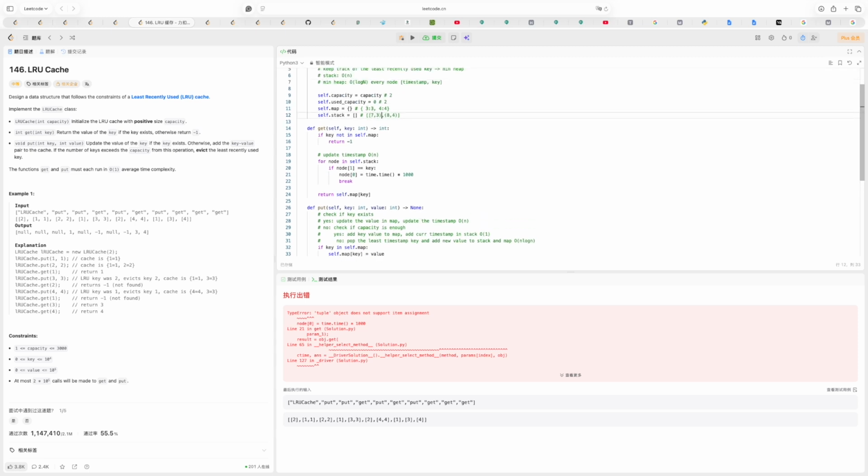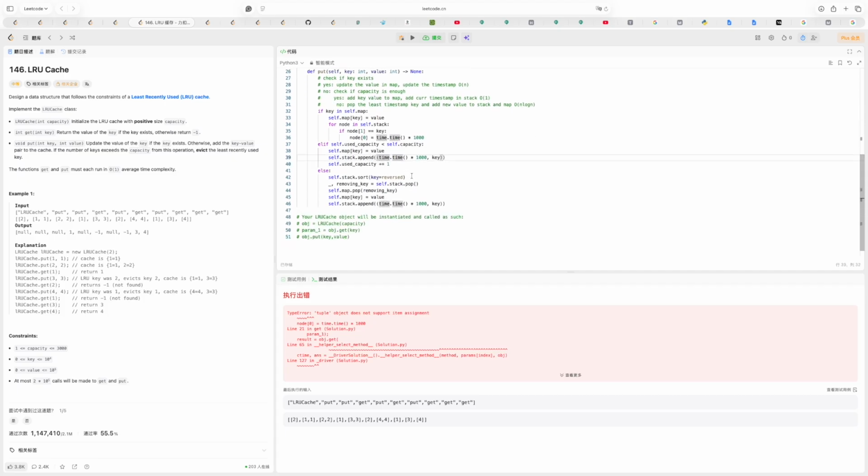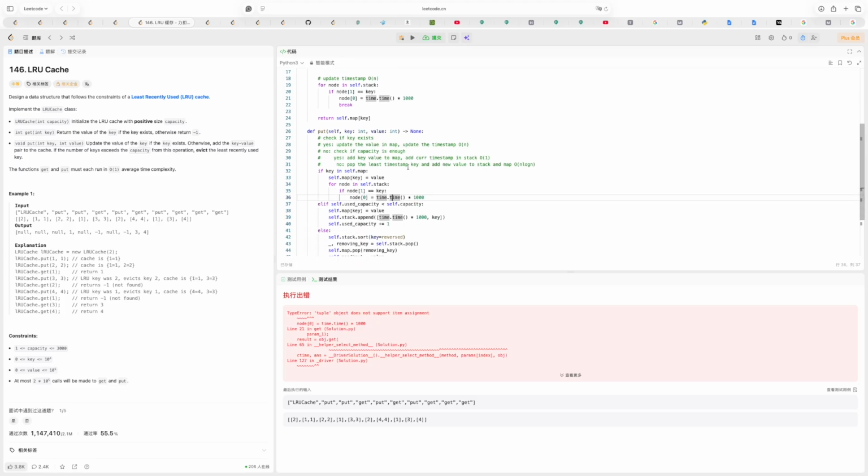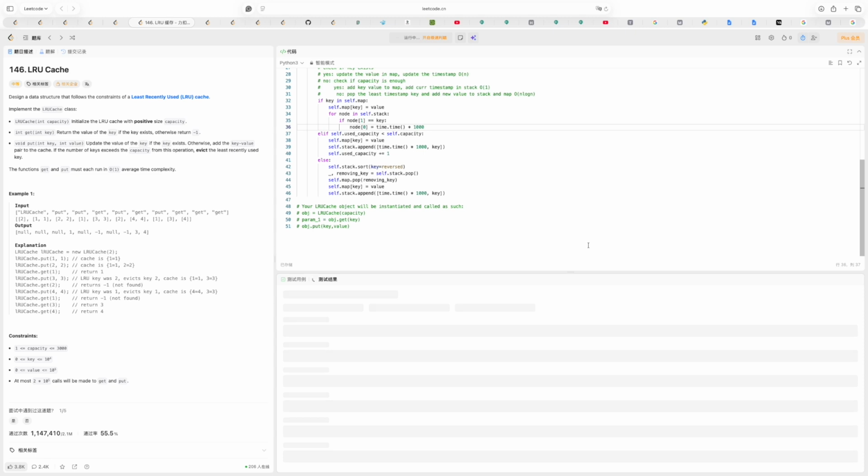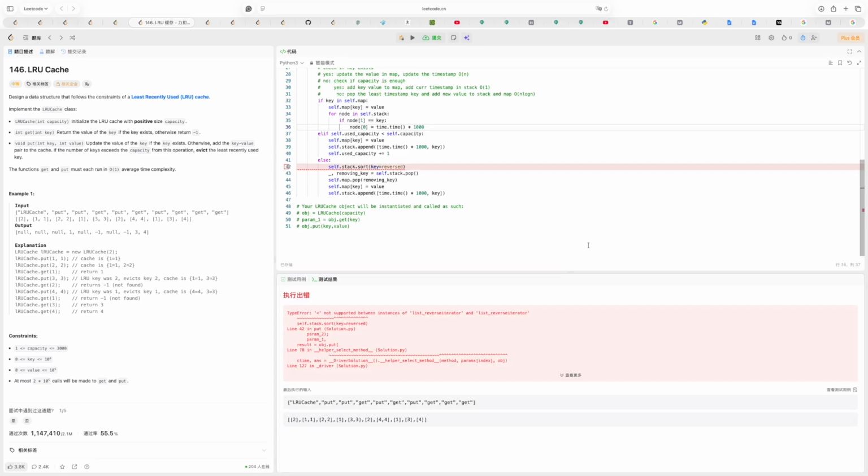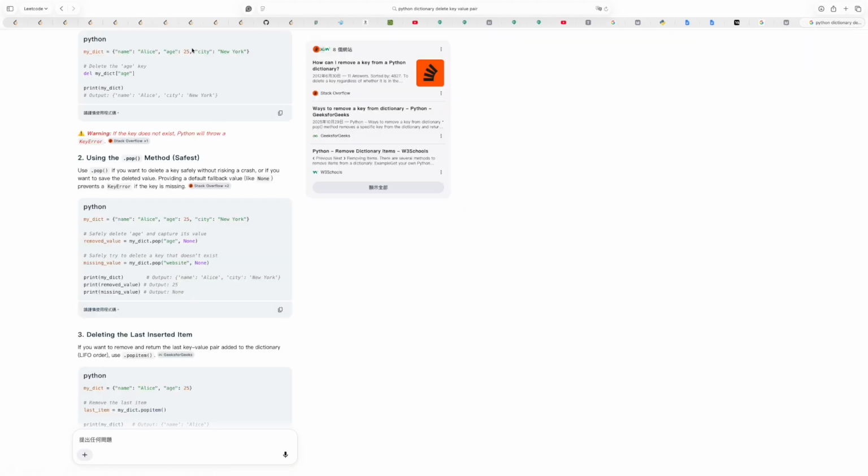Like array and array. Try. Oh, then so we need to, yeah, I think maybe it's like